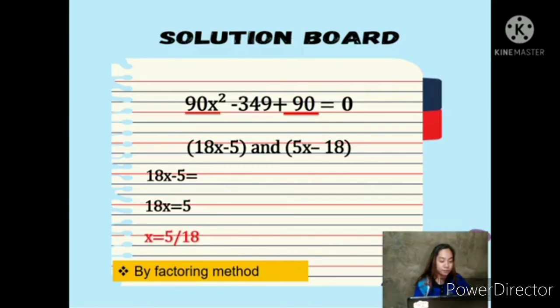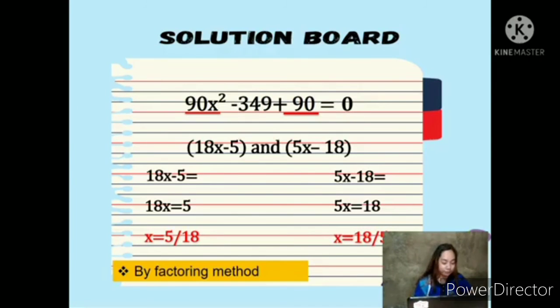So, x is equal to 5/18. So, ginawa na nating denominator yung 18. So, ito yung isa, 5x minus 18. Same process po ang gagawin natin sa una nating ginawa. So, magiging 5x is equal to 18. And x is equal to 18